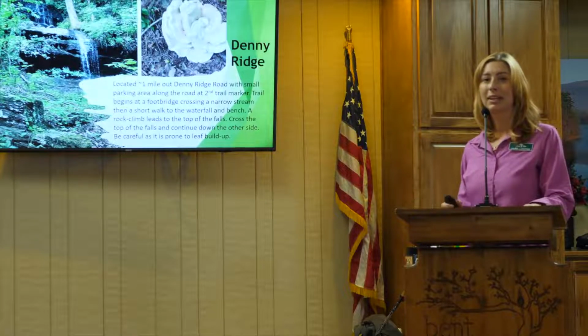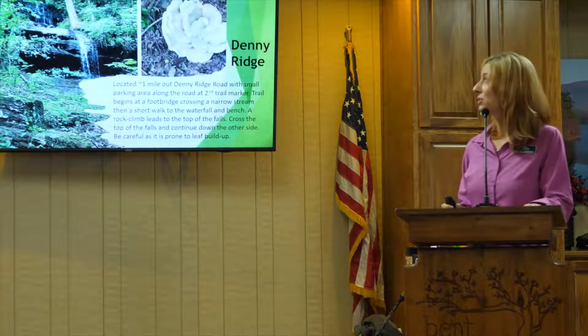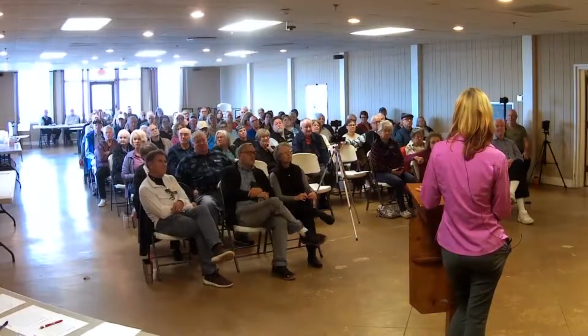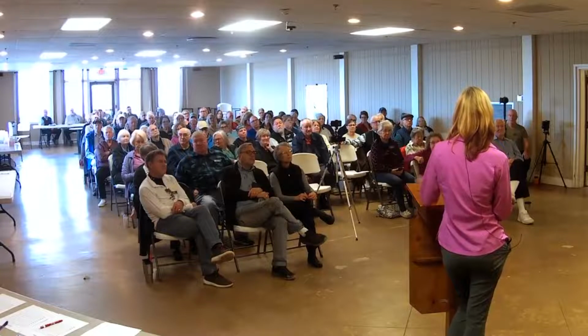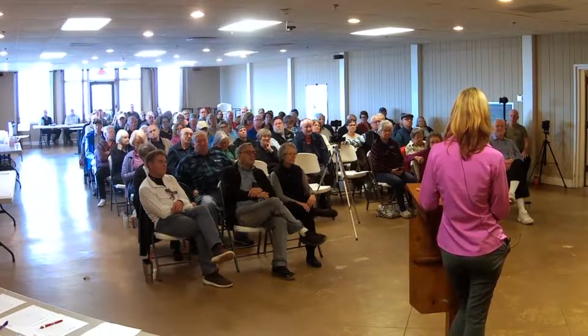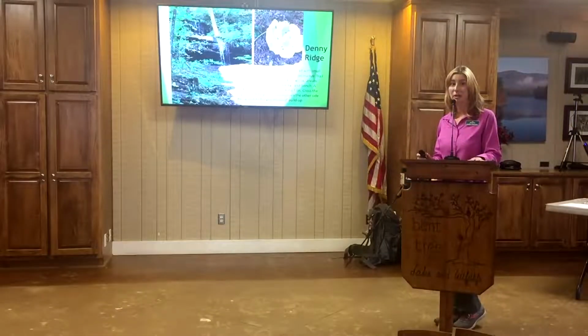If you just want to walk in to see the falls themselves, you can get to the bottom of the falls pretty quickly and easily. There is a nice bench there as well to sit and relax and view the falls. And if you want to continue and make the full loop, that's where it does become very rocky and quite steep pretty quickly as you climb up to the top of the falls. There are some other nice benches along the way, a good one at the top that I have definitely used to stop and rest